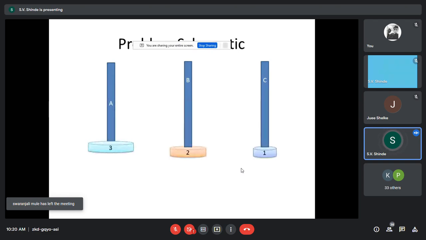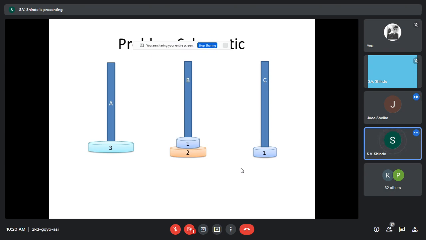Now let us move and check with another move. You can see what has been done. C and B are communicating. So C can only put the disk on peg B, but B cannot move. Therefore, we have shifted 1 from peg C to peg B over here. And finally, now we have 2 pegs that can move, that is peg A and peg B, and peg C is empty.